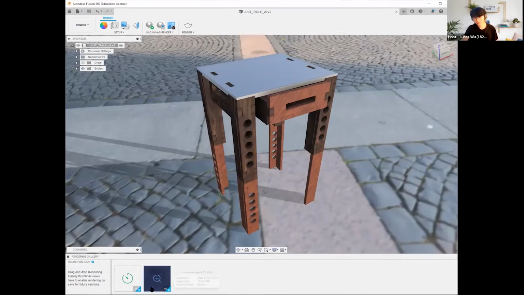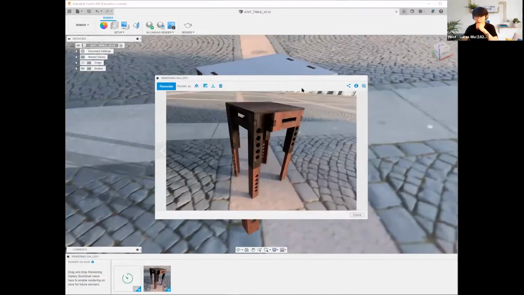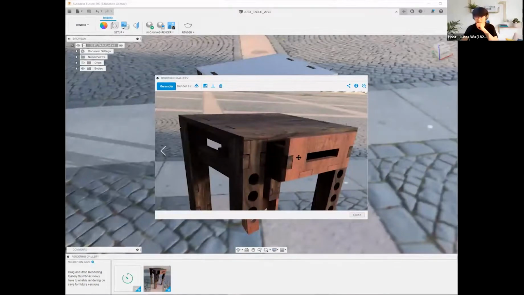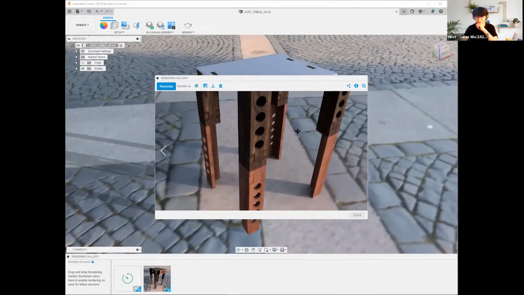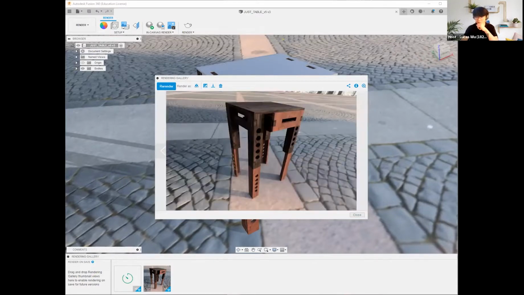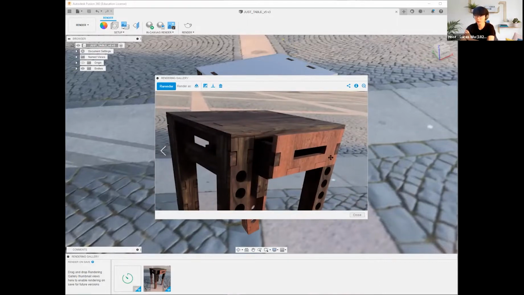Here you can take a look at V2, which is one of the other renders I made previously with this table. We can make it a little bit larger, I think. Here you can see that this quality is pretty high. It looks almost like it's a real wood table sitting on a plaza with actual shadows. Fusion is able to use ray tracing software and other advanced rendering tools to allow it to look very realistic, honestly. And this is a very helpful skill that can be used for marketing or other different